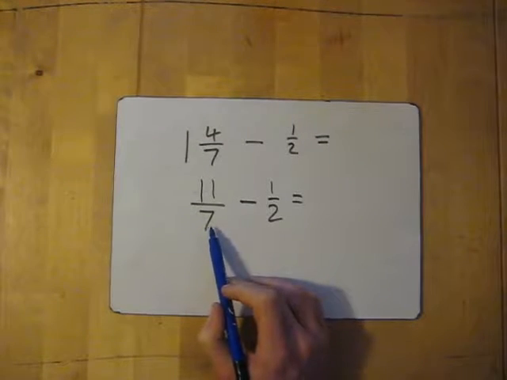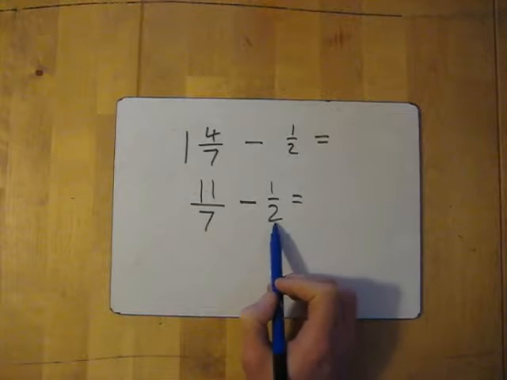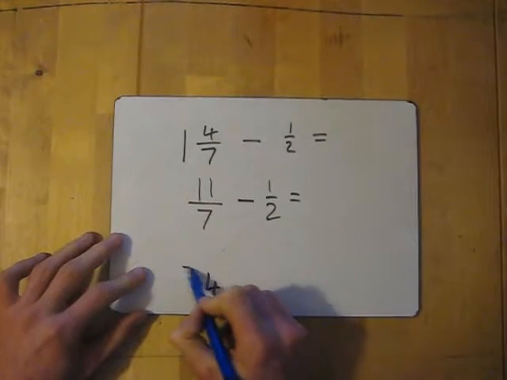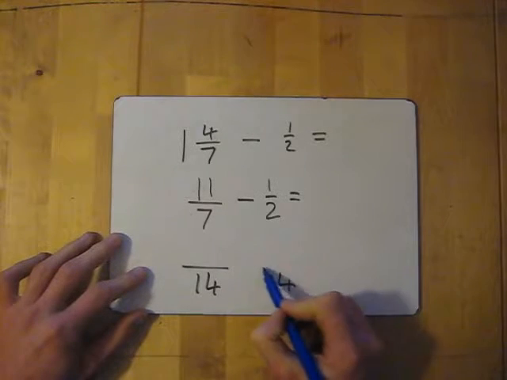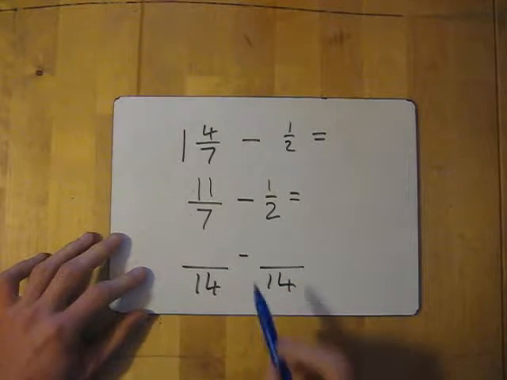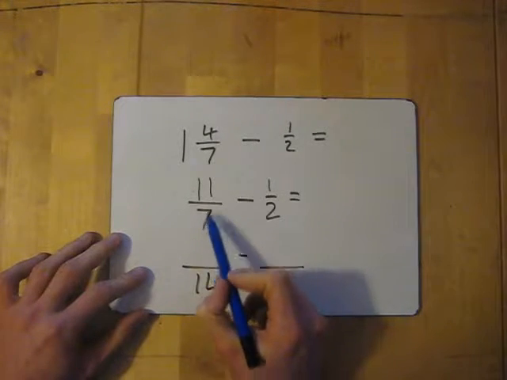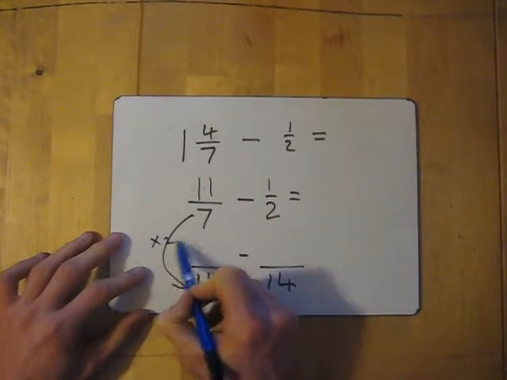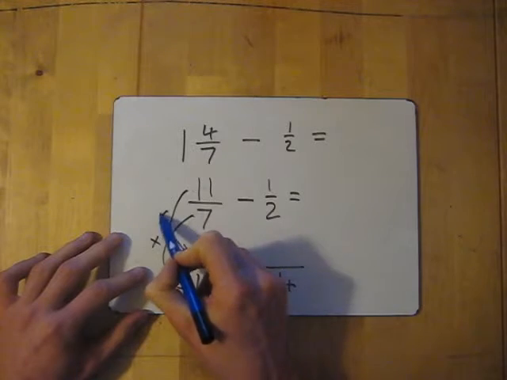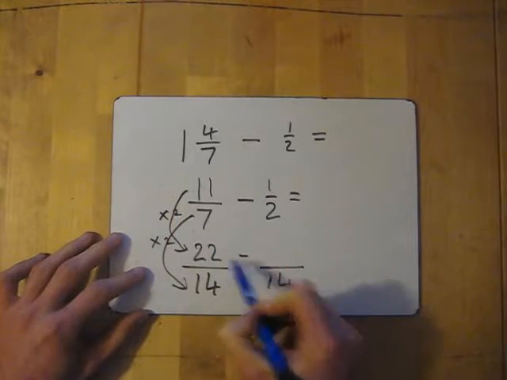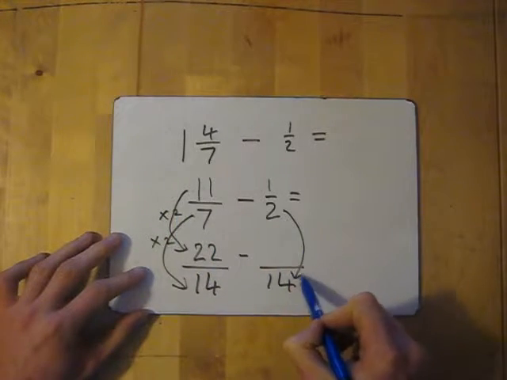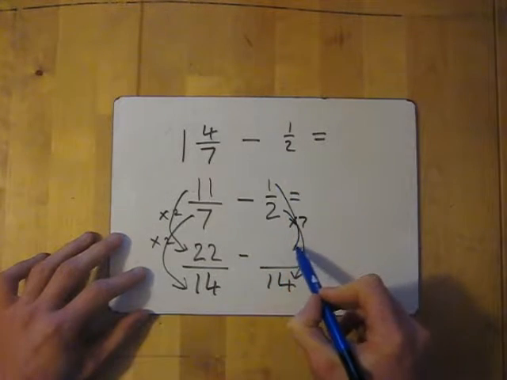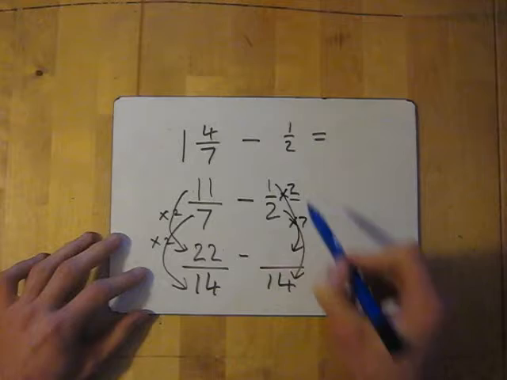So think the 7 times table. 7 doesn't work obviously for 2. 14 works for both. It's in the 7 times tables and the 2 times tables. So I'm going to change them both into 14ths. And then convert this. What have I done to 7 to get to 14? I've times it by 2. So I must times the top by 2 as well. What have I done to 2 to get to 14? I've times it by 7. What must I do to 1? I must times it by 7. So